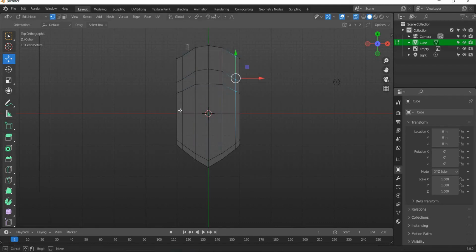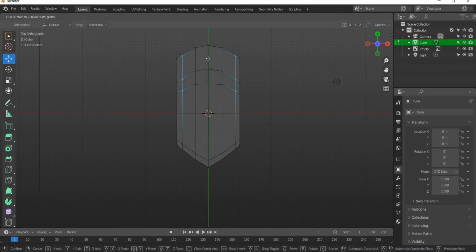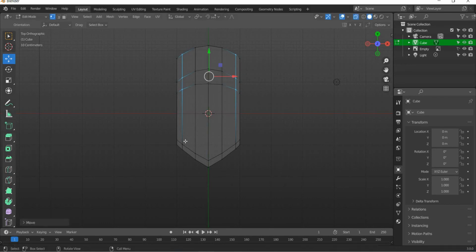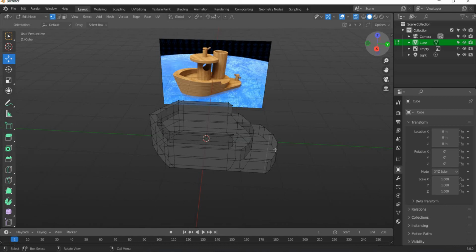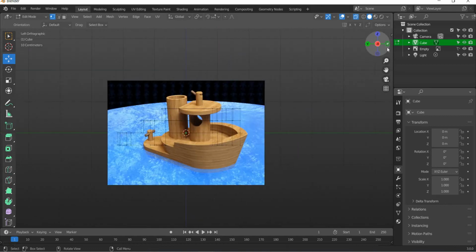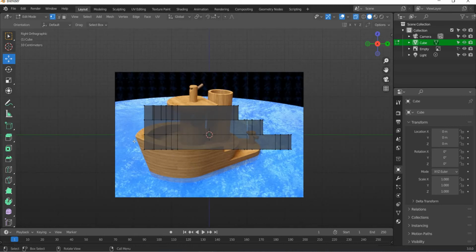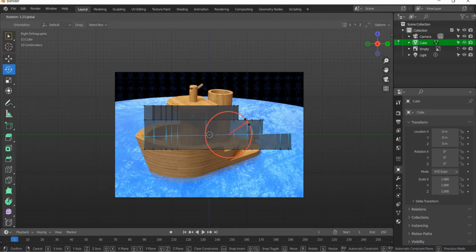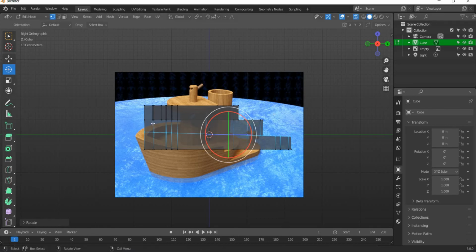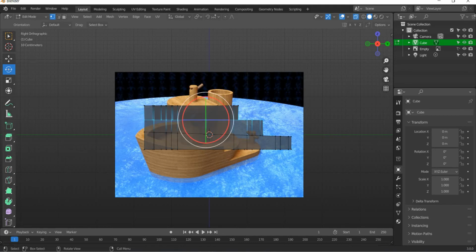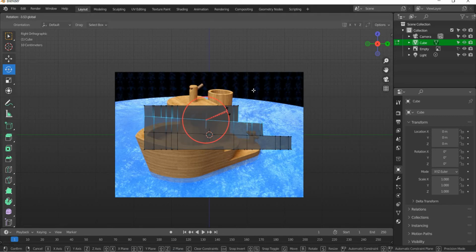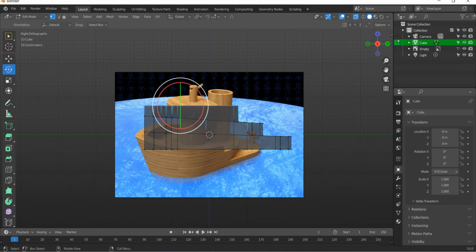And then basically now it is time to shape things. Okay, now I'll go to the side view. Okay, this one here, and you can see that the boat is slanting down, so we can start doing that. We can slant this down a little bit, this one a little bit, and then this